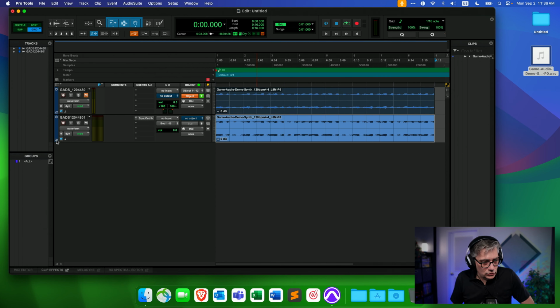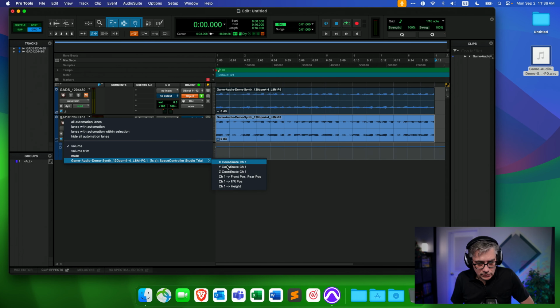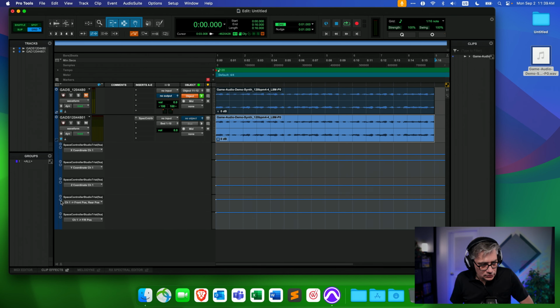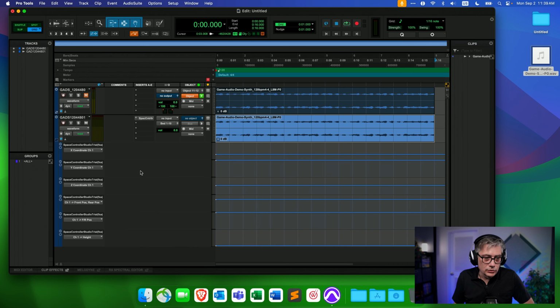Then let's add those automation lanes, and I'm going to simply add them here. That's the first one, the second one, the Y coordinate, the Z coordinate, the front rear position, the distance between front and rear, and the height. So those are the ones that we're going to use. If you are also using things like size or other parameters and reading those out from the Space Controller, you would add that here. But because those are all parameters that we cannot control with our smartphone, which only allows us to control the position of the object, I'm not going to bother here. Those would be things that you would have to do in the Ultimate Panner from Pro Tools.